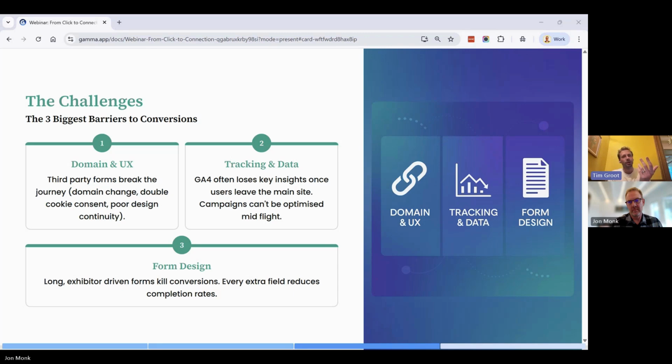standard reg flow, which is very much focused on the first person, and then somewhere down the line on page 5, all of a sudden there's a little pop-up that says add colleague, which honestly I just don't think follows as nicely. I would want to say, look, I'm going to register 5 people. Maybe some of them I don't know yet, but I want to buy 5 tickets, or these are the 5 people I'm registering, and make that a core part of the experience, and that could result in bigger basket sizes